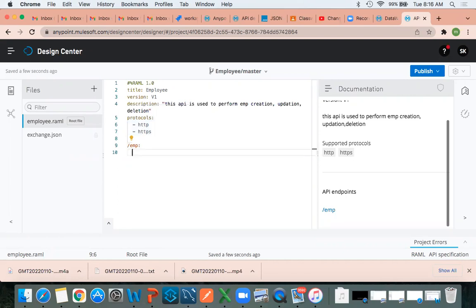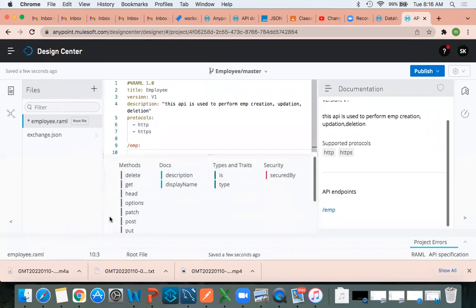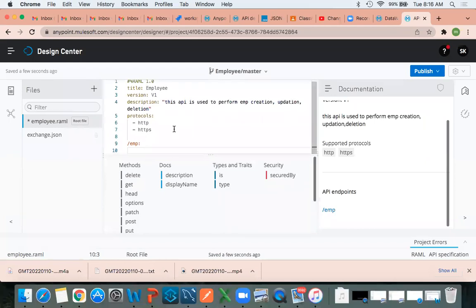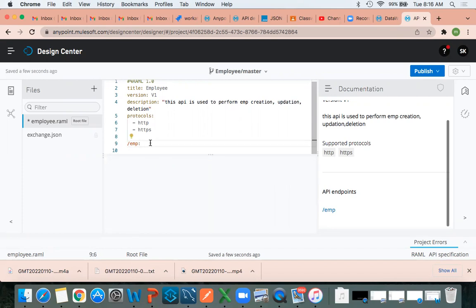Enter. So the resource path is done. What is the next step? The moment I hit enter, I got the methods. I've got a question. I messaged you anyway today. I'm not getting these prompts for some reason. I practice creating an API, following exactly the same lines and indentation, but I'm not getting the prompts.